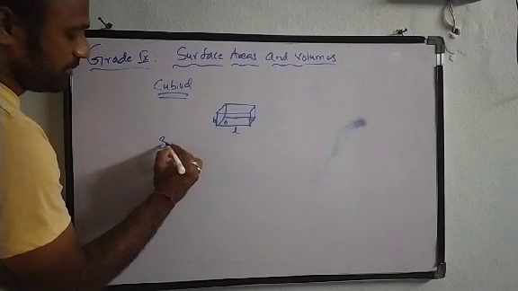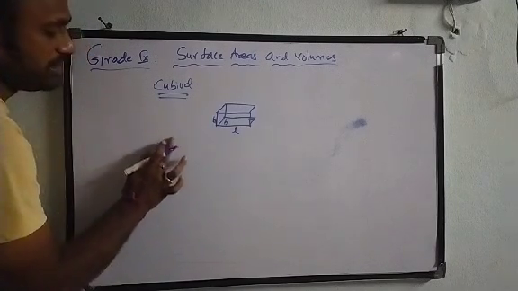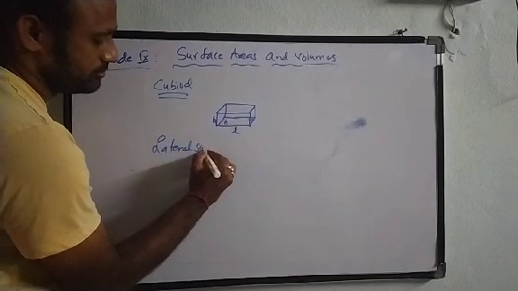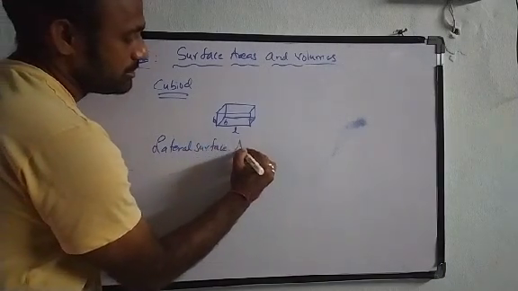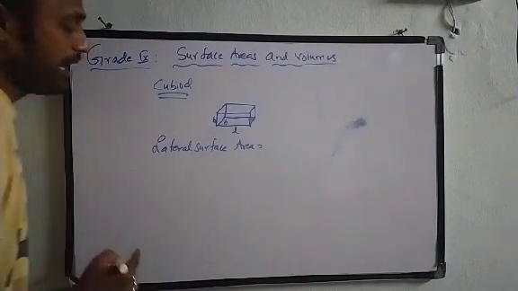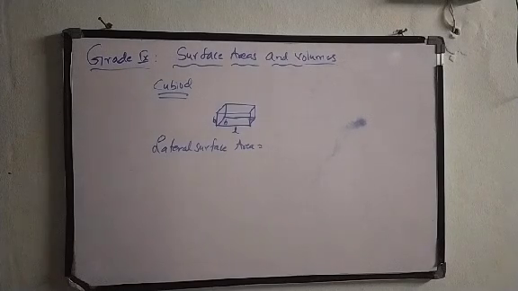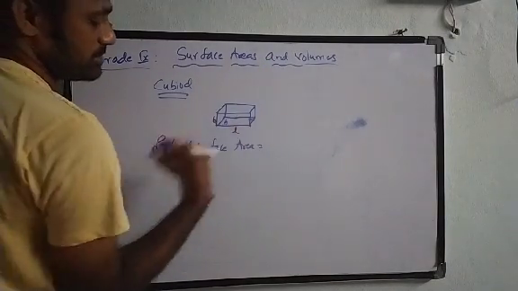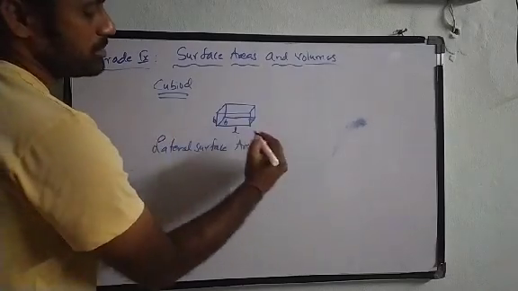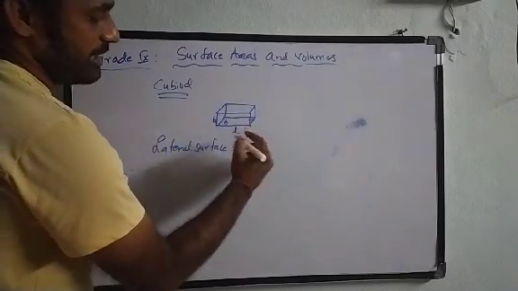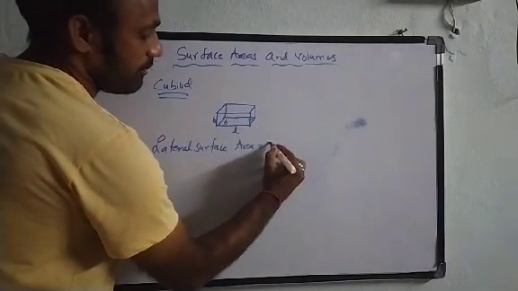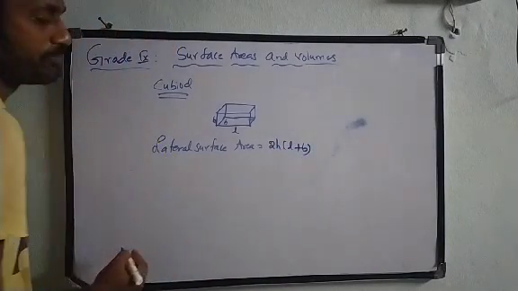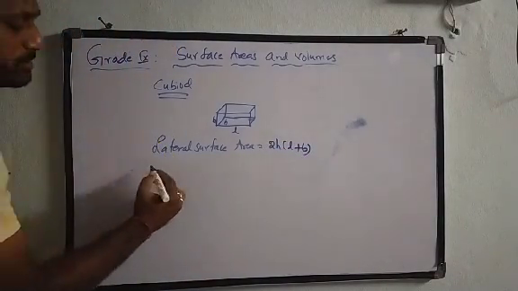In order to get the surface area, we have two types of surface areas here. Lateral surface area is the surface area where top and bottom will not be included, meaning the top side and bottom side are not included. So we have only four walls. The formula will be 2h into (L plus B).